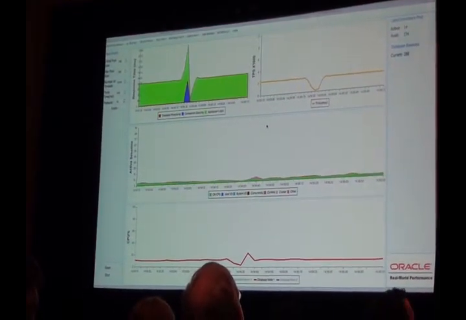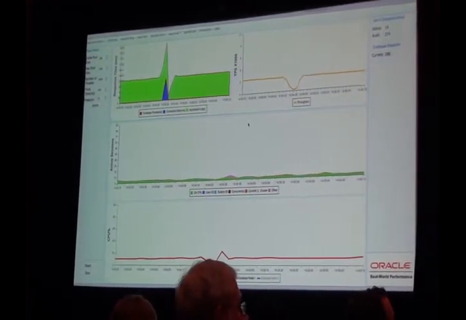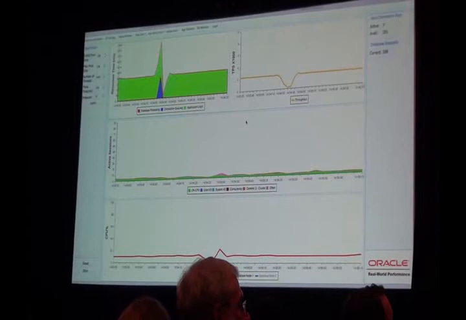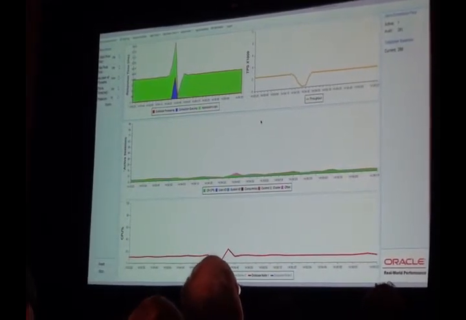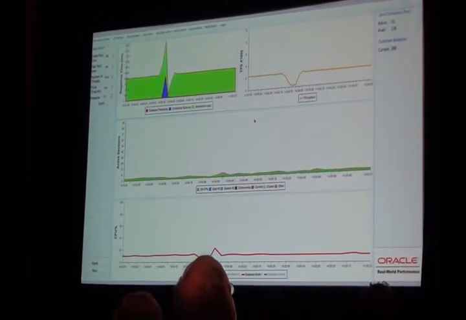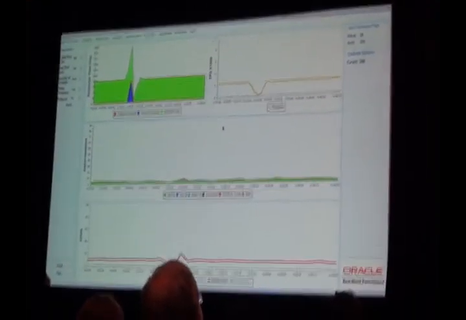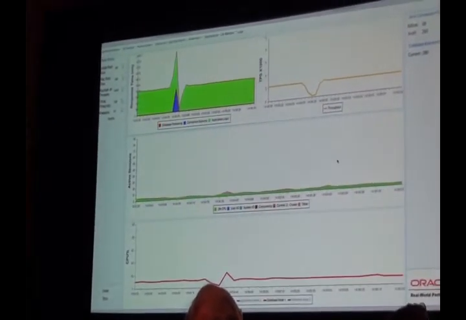By tuning the database, we could maybe reduce the size of that red line. Does anybody think that would really help the 3-second user response time? Probably not. This certainly looks like something that is outside of the database. From a DBA's point of view, it's somebody else's problem.